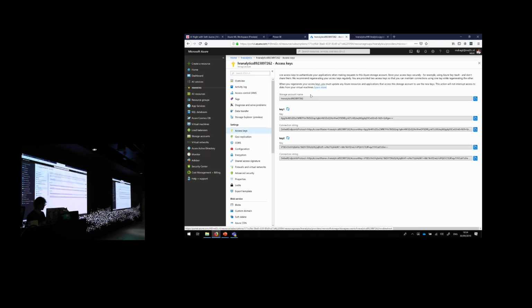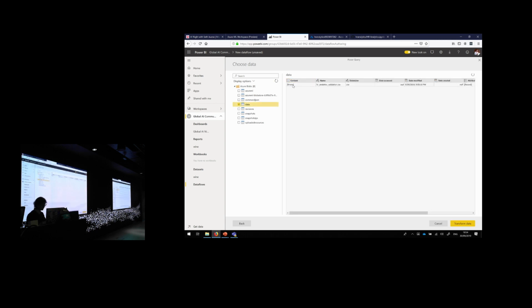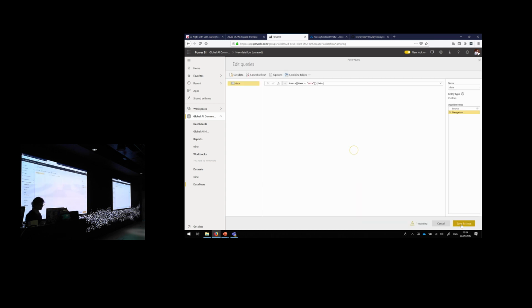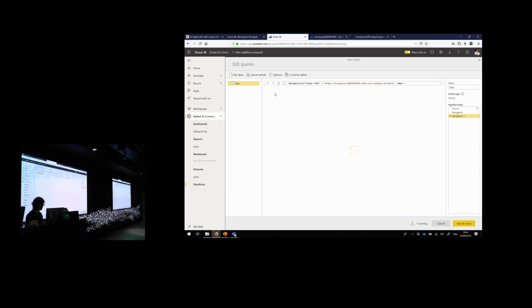So we need an access key in this case. Please don't make copies of that. But hey, it's fine. So we're going to select the file. And I uploaded it to the data blob. There's my container. And there it is. We see the validation. There you go.